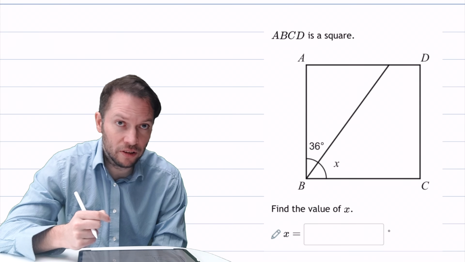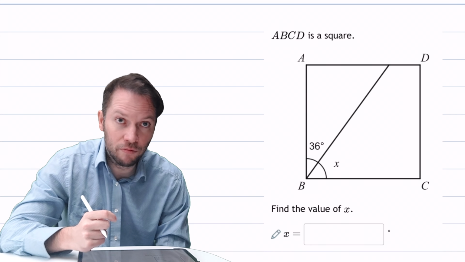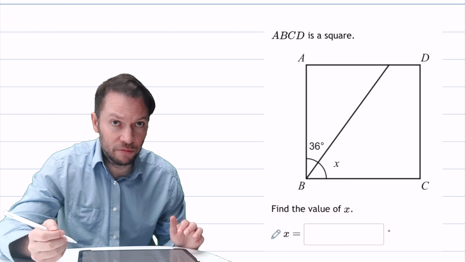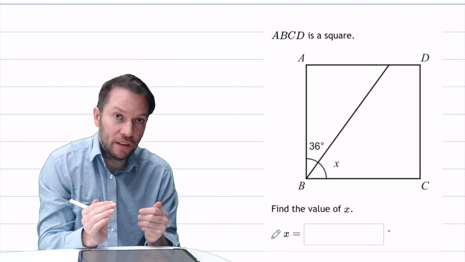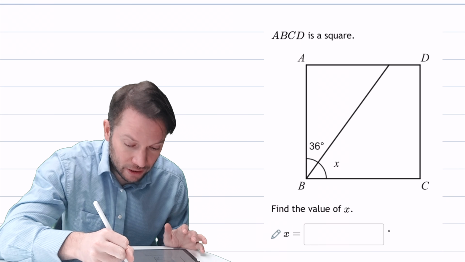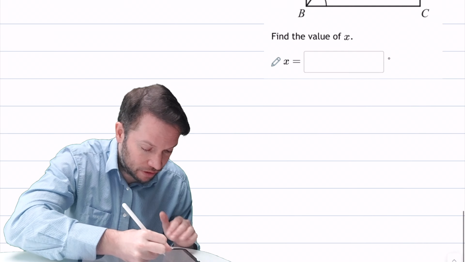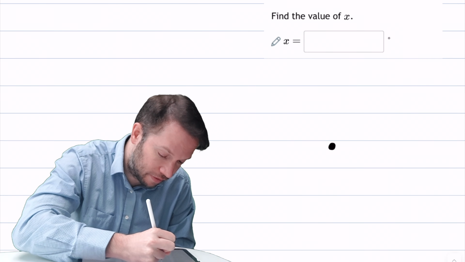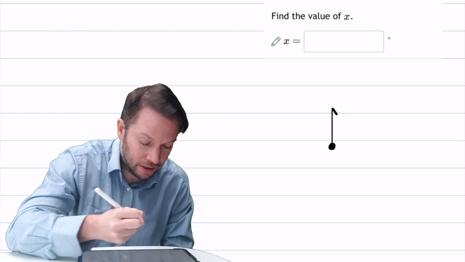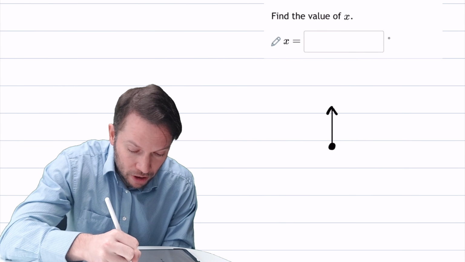Hi, in this video we're going to look at the angles on a right angle. Now let's remind ourselves what's meant by an angle. An angle is a measure of how much we're turning. So for example, if I was standing here and I was facing upwards like this, then if you were to